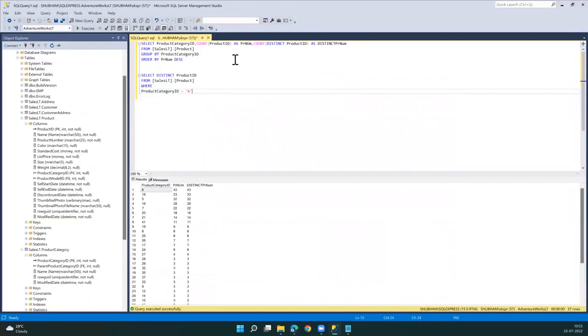So in this particular case, you said you want to see only those product category IDs which have product IDs more than 10. What I'll do is having count of product ID greater than 10. Now what will happen is